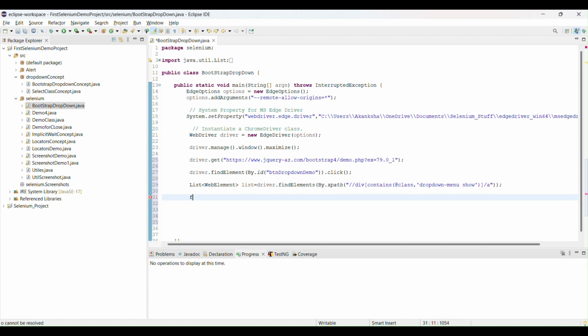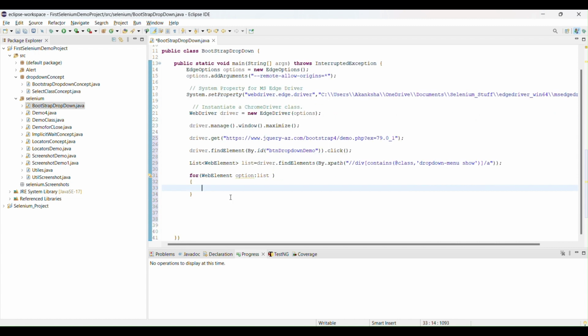So for, I will use web element because we are handling web element, right? Option. Then I will provide this list. So web element, I just provided one option value here, option name, and this will check all the list values, right? After that, we need to do what? We need to first